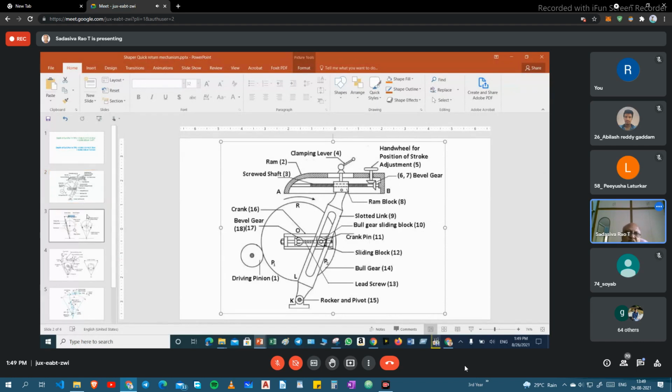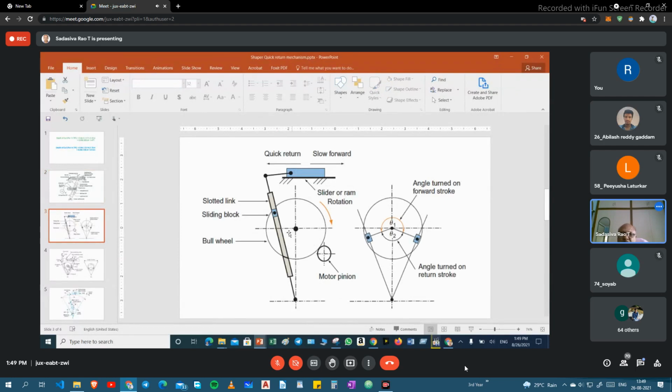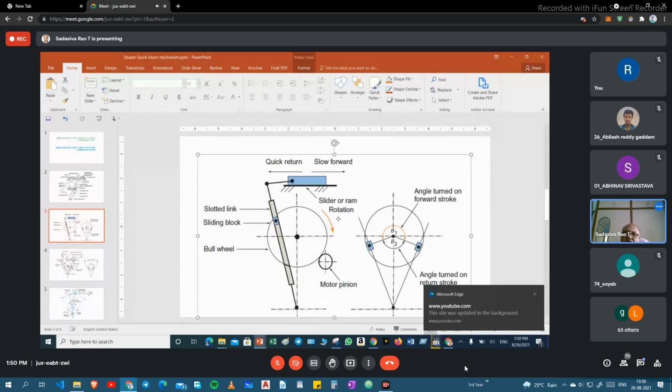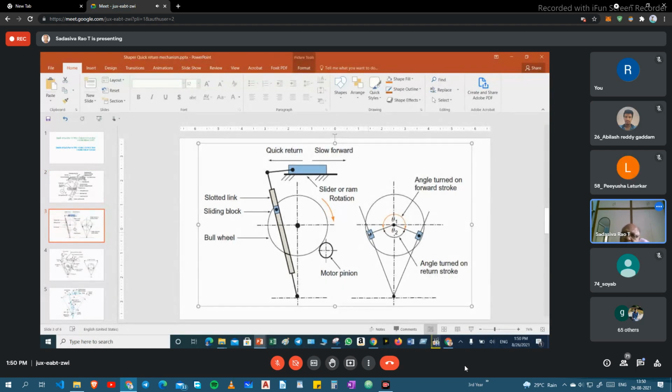That is the thing. Here, suppose this is the position, and in this circle it will rotate actually. So this crank is there. While rotating, this angle theta 1 is the forward stroke, say 220, and this theta 2 is 120, total is 360. Like that, a slight adjustment we can do.